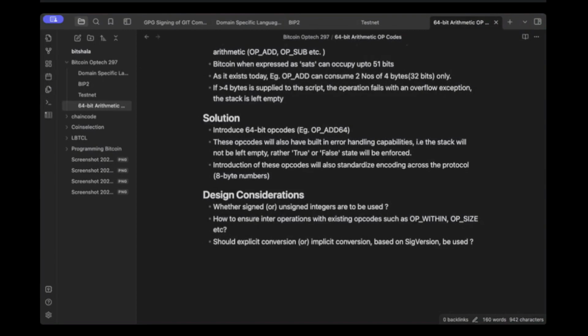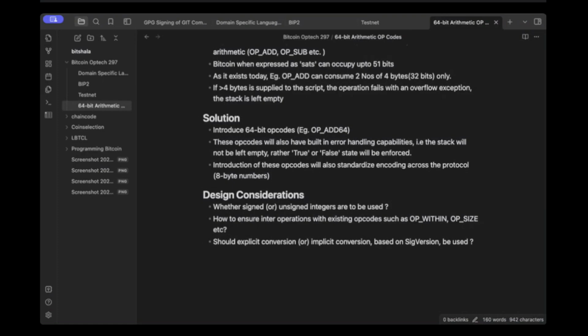So that's what they are planning to build into these 64-bit opcodes, and this will also standardize the encoding. There are many other parts of the protocol where 8-byte numbers are used. So what this PR hopes to achieve is to standardize the numerical representation as 8 bytes across the protocol. So this is what is being proposed, and design considerations are still being debated,